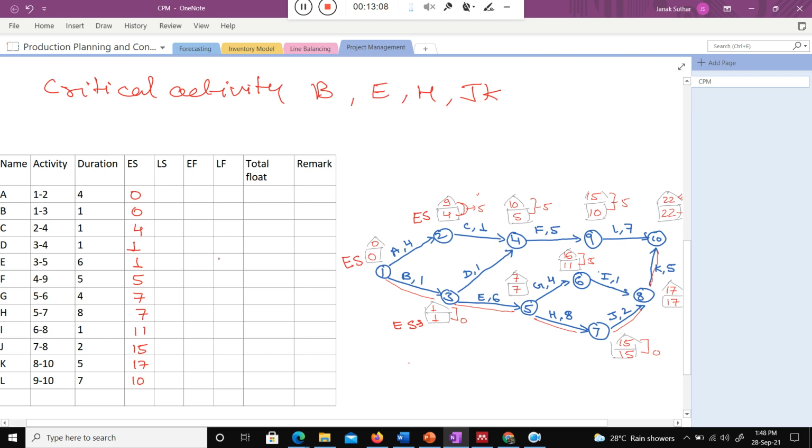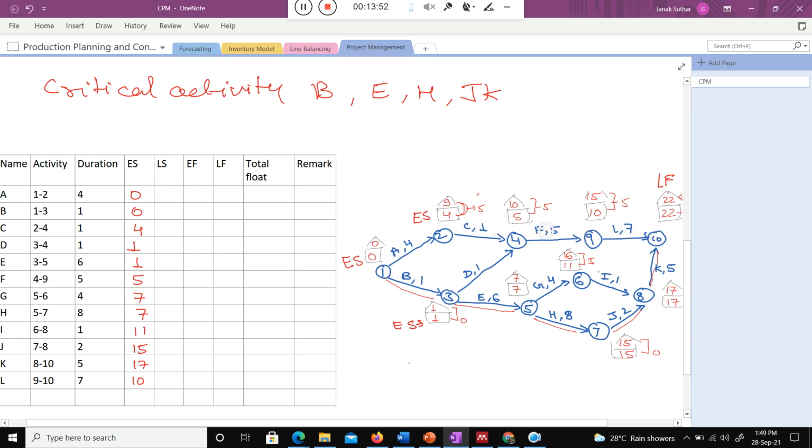Now there is one more thing given when I talk about this backward pass. Backward pass means what that indicates? This is the 22 pass here. So that particular thing shows the late finish. Okay, means if I want my project late finish to be 22, how much delay is generally allowed? That particular number, this upper number, shows the late finish of activity L. Here this is the start point, this is the finish point. So I consider this as a finish point. This 22 shows the late finish for L.